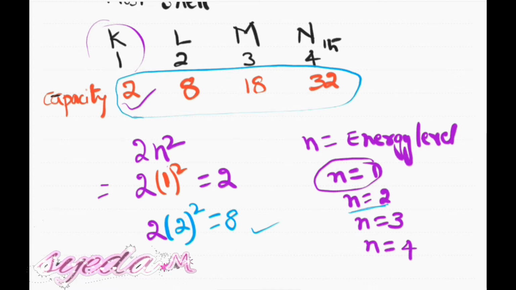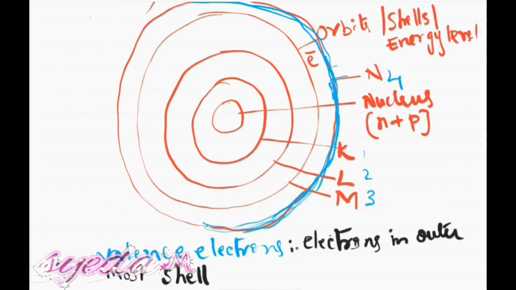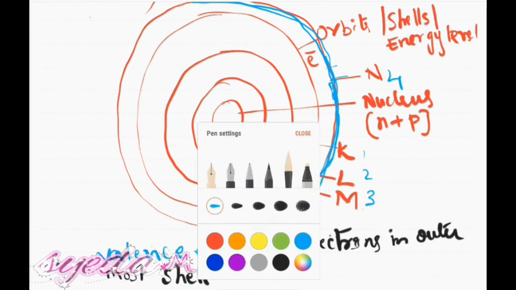So now how is the filling of electrons? Just imagine whenever you want to board a bus, what do you do? If the bus is empty, each and everyone tries to occupy a window seat, right? Even though the bus is empty, you try to occupy the window seat. Once all the window seats are occupied, the next person will get the next seat. It's a similar way. The electrons will start filling from the lowest energy level. Now this is the lowest energy level.